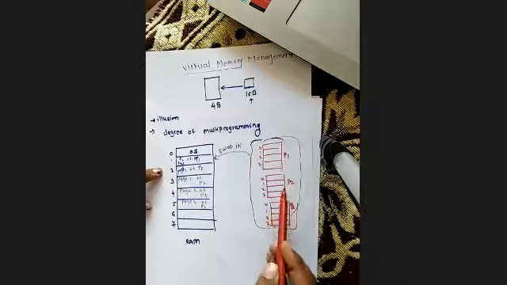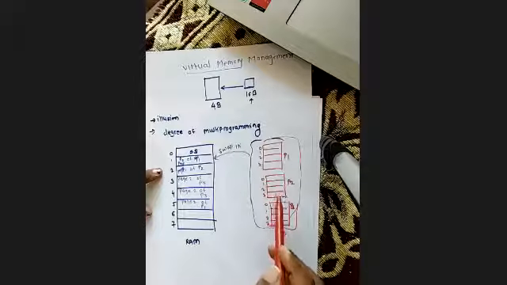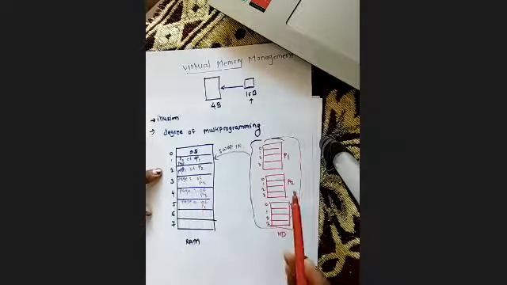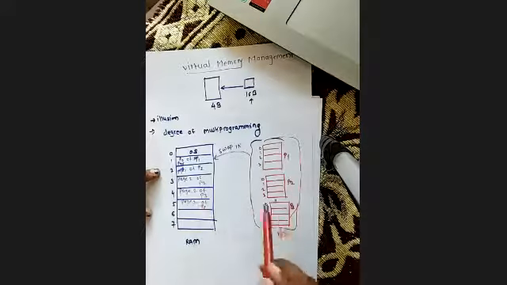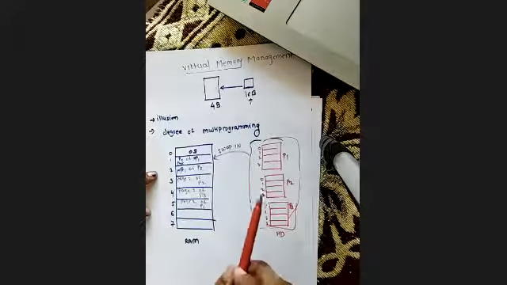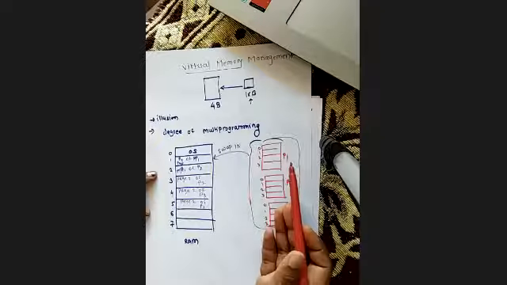Only P1 and P2, according to the frames availability in this RAM, only P1 and P2, इसमें ही 4 और 4, मतलब total 8 pages we can keep here, right? अगर OS को छोड़ भी दे तो P2 फिर entirely आ ही नहीं पाएगा, उसका एक पेज बच जाएगा. So if we are not using the virtual memory, and if we are fetching all the pages from the process, then only few process we can keep in this main memory.